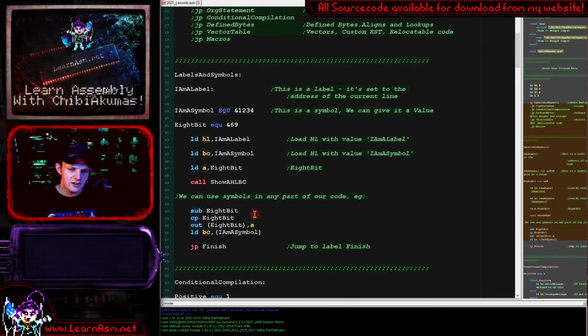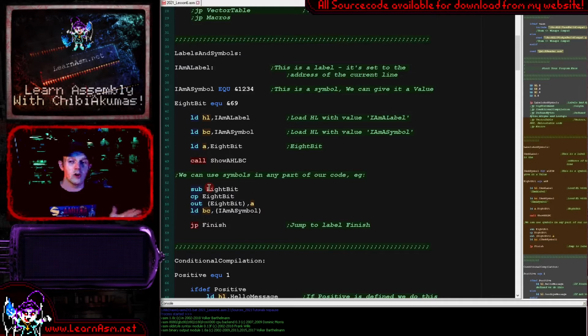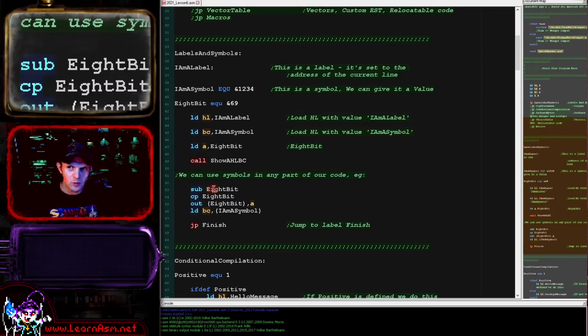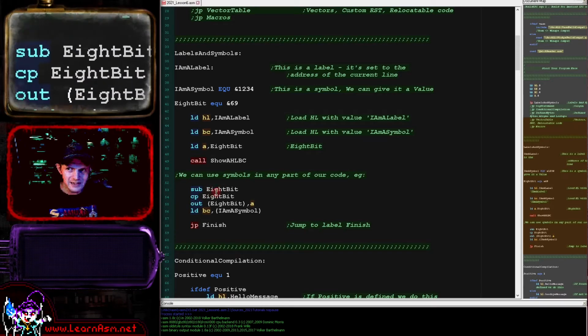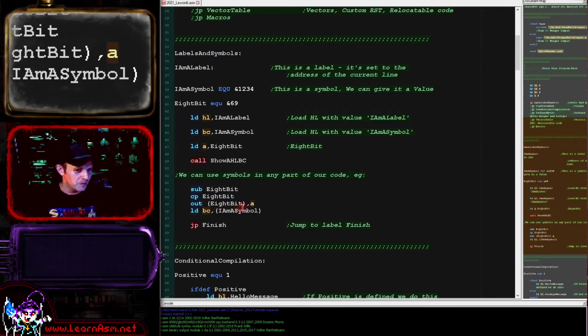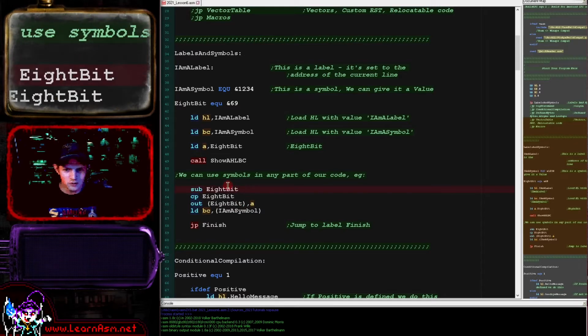Now, we can use these symbols in pretty much any way, give or take, as I say, as long as we don't confuse the assembler. Depending on your assembler, the level of the mathematics and things you can use might be an issue, but generally speaking, we can do anything we want with these that we would use a normal numeric value for. So subtract 8-bit, compare 8-bit, out to port 8-bit, or loading BC from memory address I am a symbol. All of these are perfectly fine, and we can even do mathematics. So we could do subtract 8-bit minus 1, or we could do subtract 8-bit minus I am a symbol,